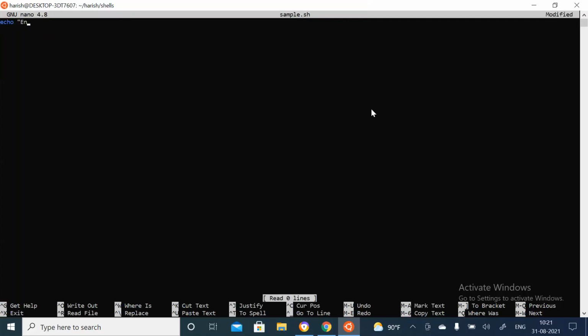You can say, enter file name which you want to create, right? This one. So it means you are accepting the name of the file from the user, and we are creating that file in this folder, whatever the current folder is. So there we are creating that file, right? So how do I create? First, I need to accept the file name that we are accepting from the user.